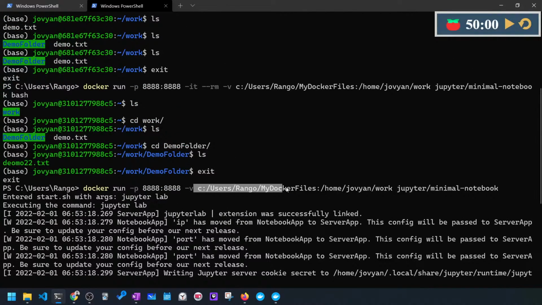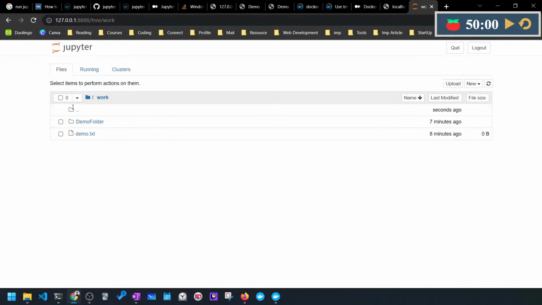So you see, when we mounted this location inside the container, so inside work, this work directly will be mapped with my docker files, and you can see that we are able to access Jupyter Lab, and we can actually create